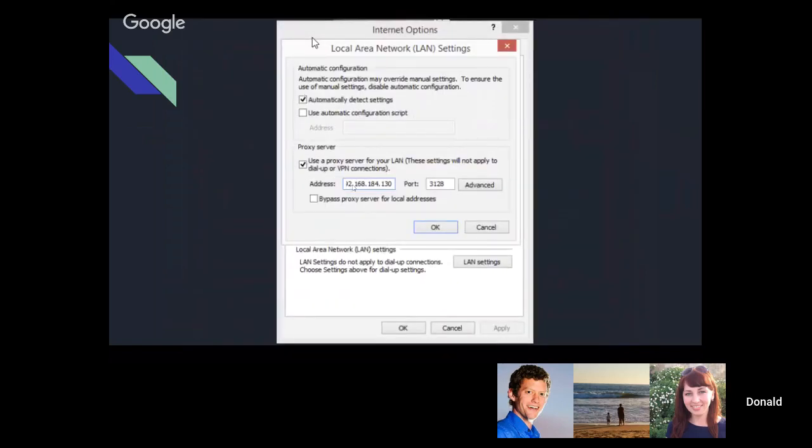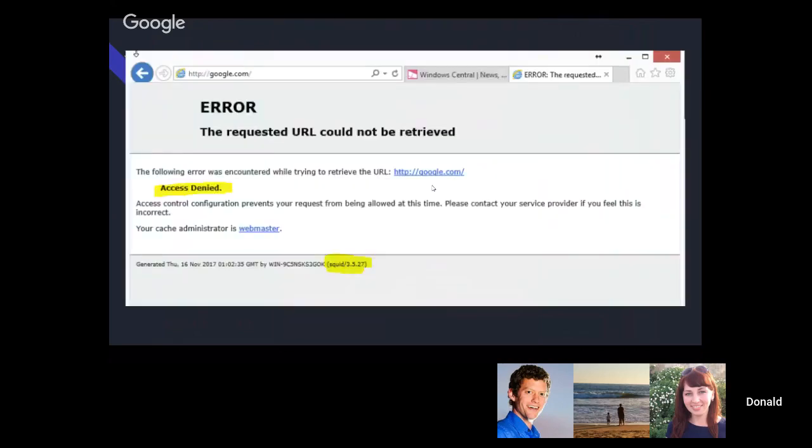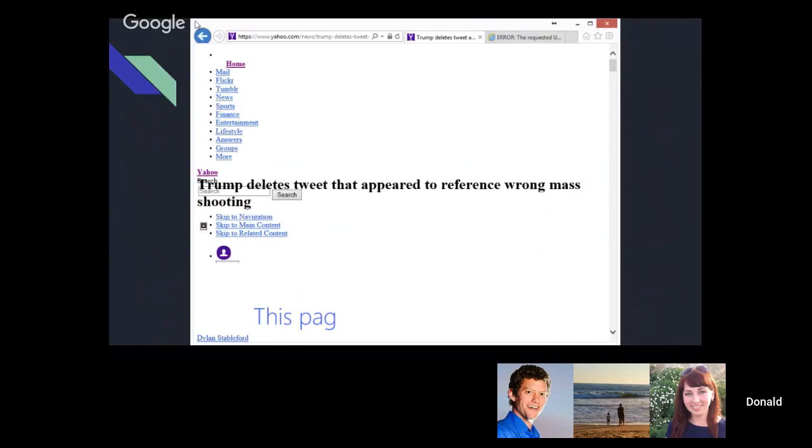Hit this checkbox, put the IP address in there and the correct port, and Internet Explorer is now pointing to that proxy server. First thing we do is we test Google, since we know we weren't supposed to get there, and lo and behold, the Squid web proxy server is now blocking Google, telling us that access is denied. So it is working. Let's try out one of our whitelisted sites to see if we can get there. The answer is yes, we are able to get to yahoo.com, but